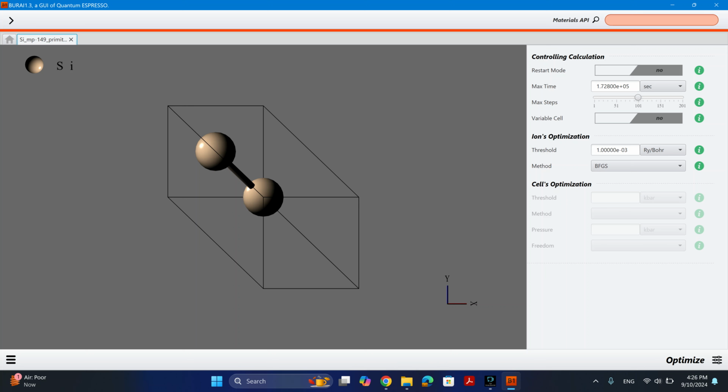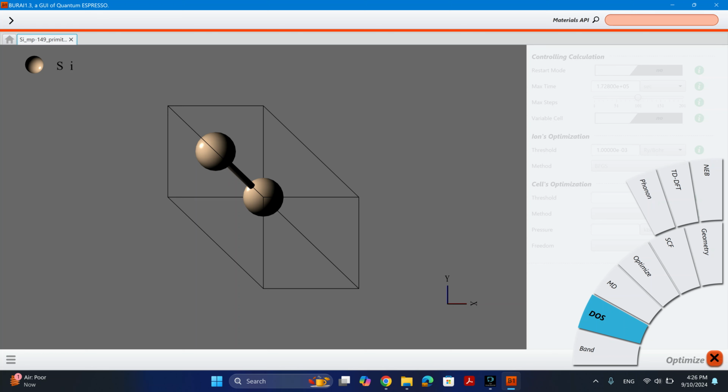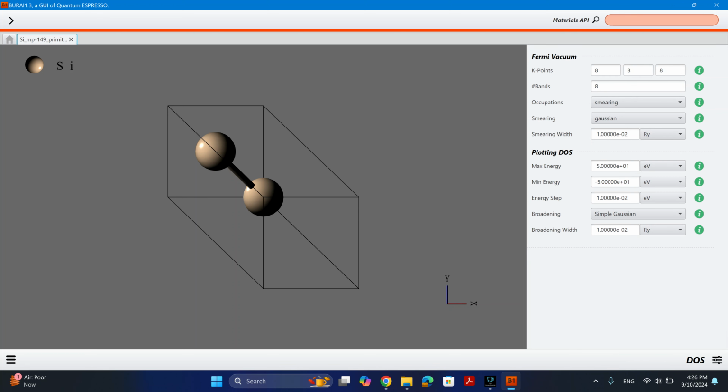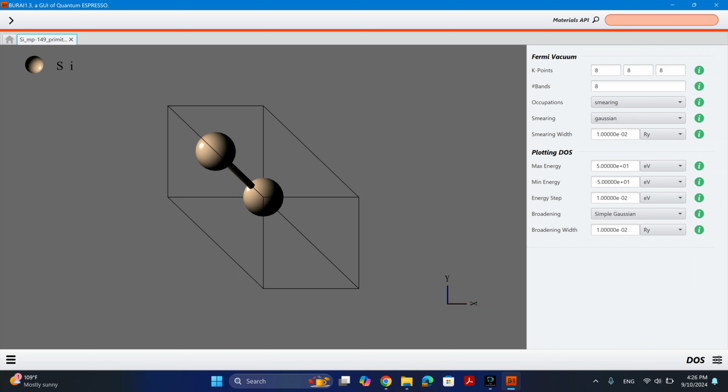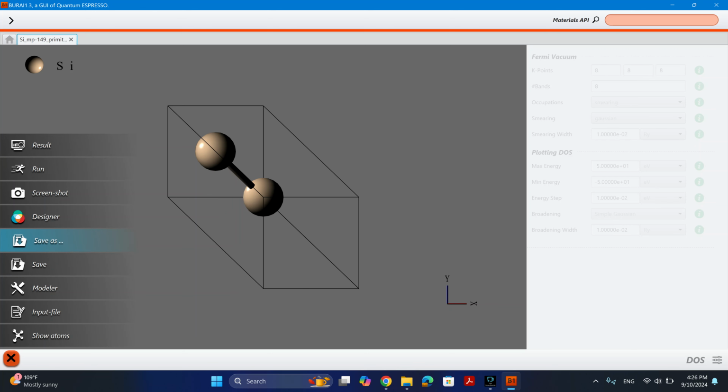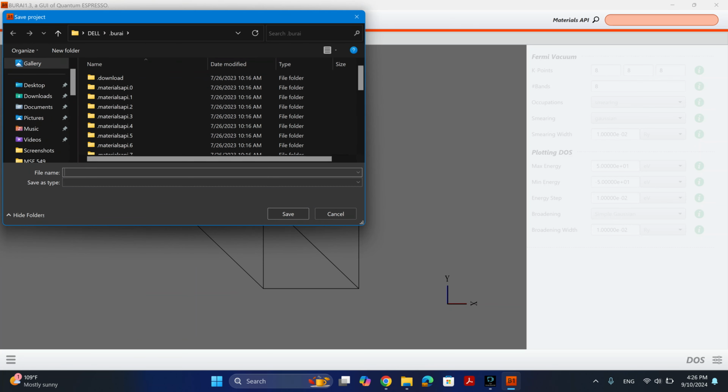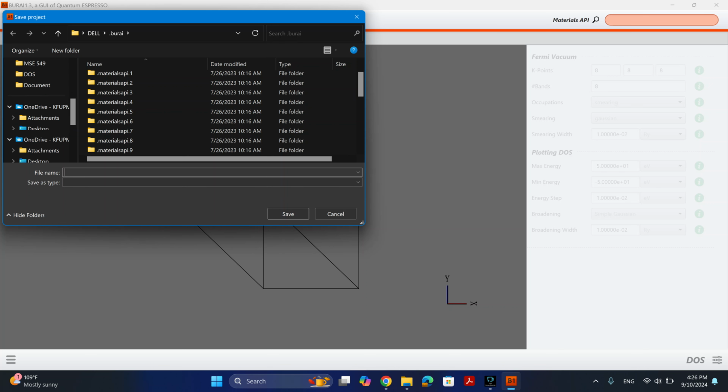If I want to change the VC-relax and the relax, I click on optimize. If I want to edit the band gap section, or the density of state section, I can also change my k-mesh from here. So you can do many things right from here, from BURAI. And if you want to edit manually too, that is good. So the next thing is just to save your file. You can use save as, you can use save depending on what you have. So let me say I want to use save as,